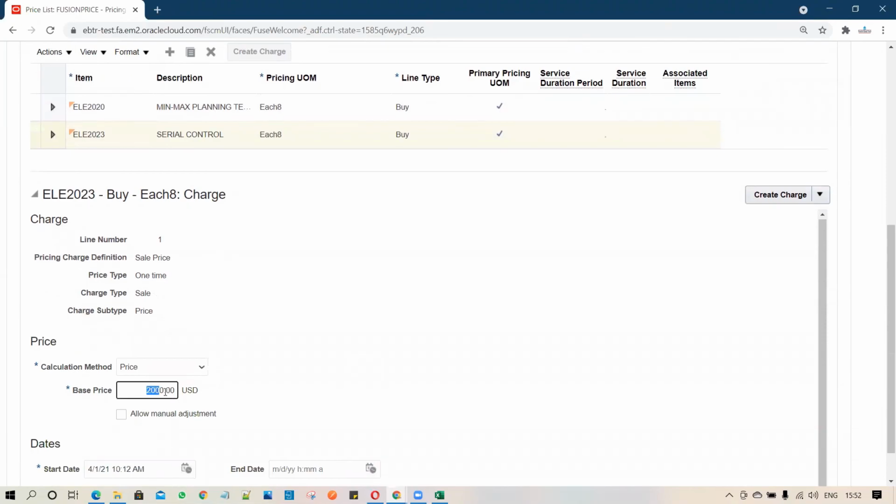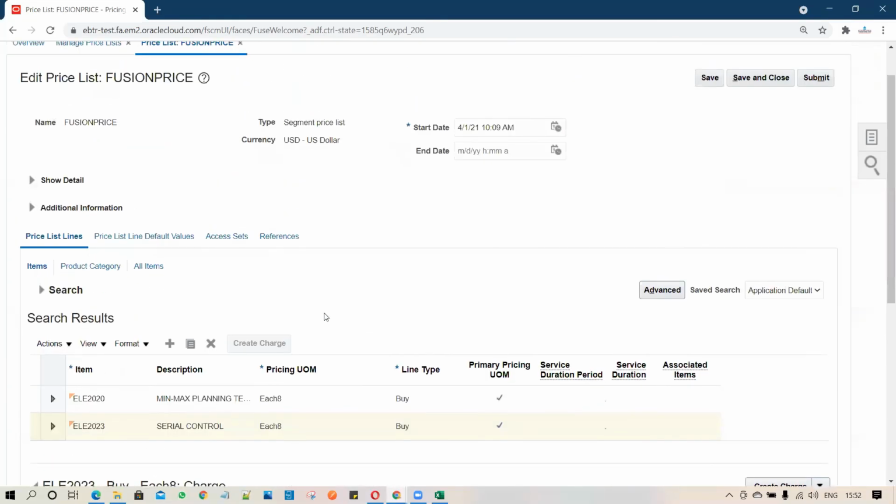You can see that from 200 it became 2000, as we updated it by ADFDI. So you can see how you can utilize the ADFDI feature for bulk price maintenance in your business or while doing your implementation.